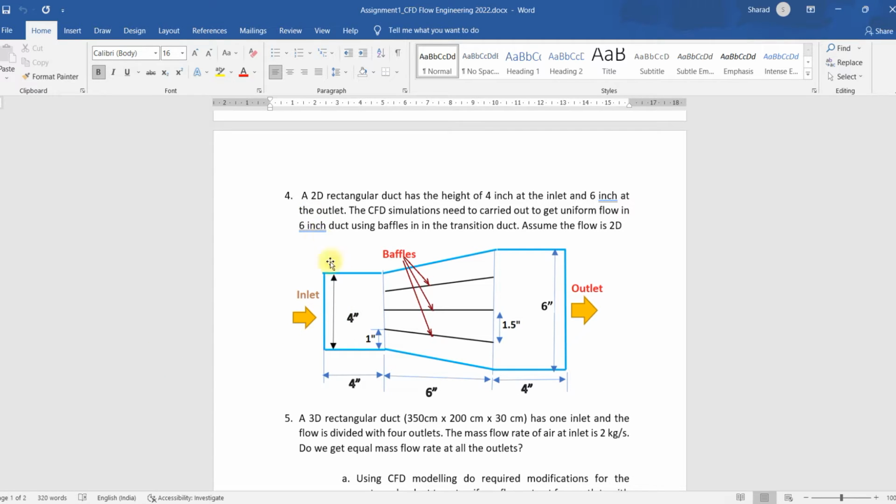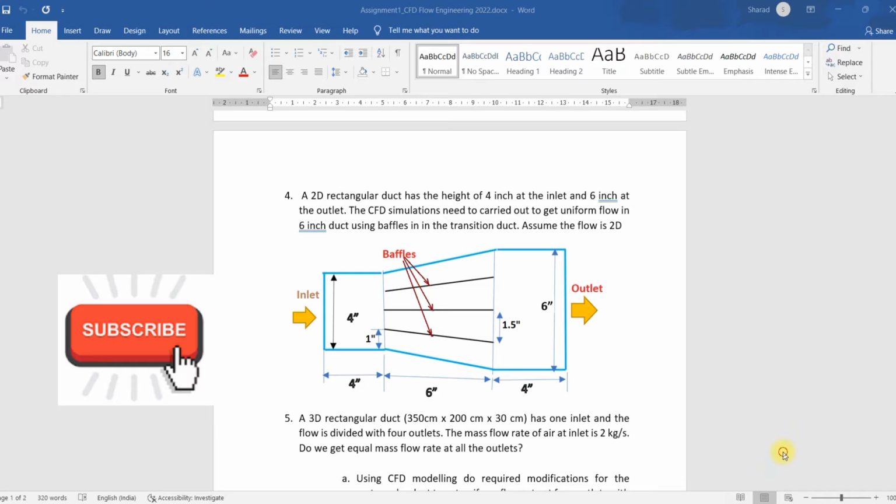This is the duct which has 4-inch height at the inlet and 6-inch height at the outlet. In order to get uniform flow, here we have put 3 baffles. This is baffle 1, 2, 3. These baffles are used to get uniform flow